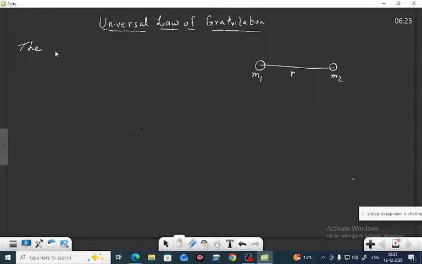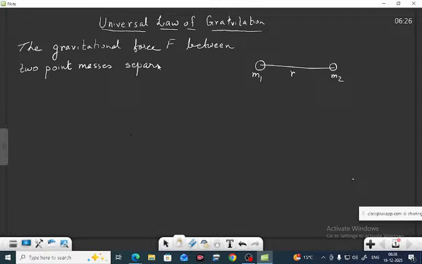The gravitational force between two point masses separated by distance small r apart is given by,